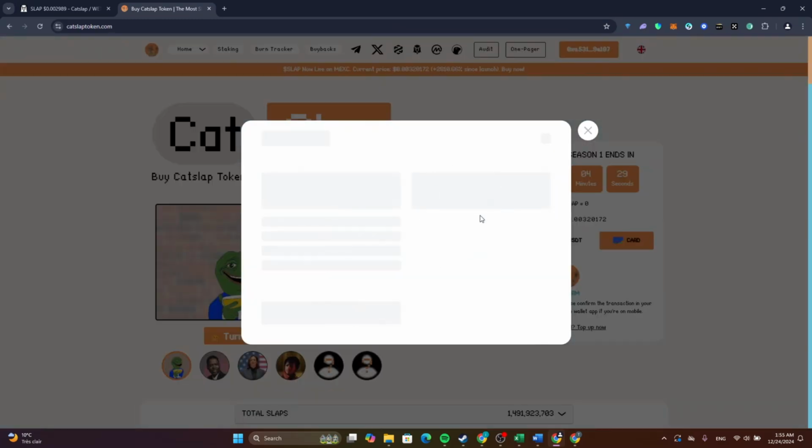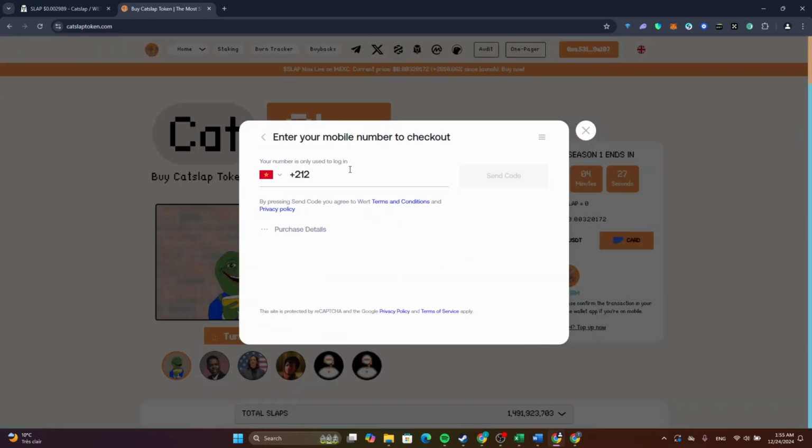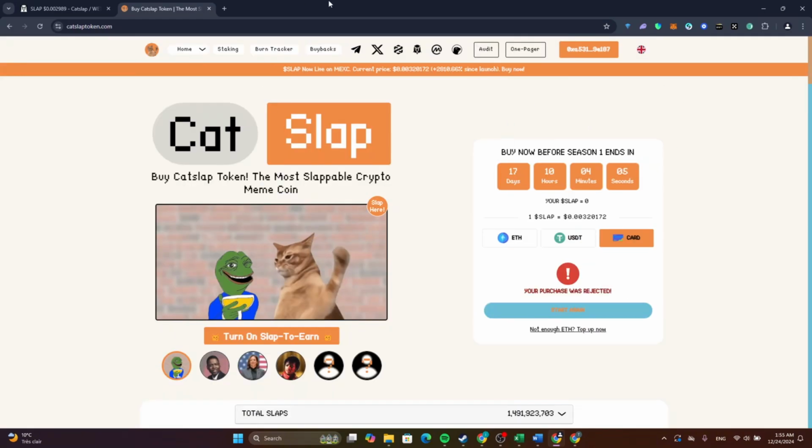After that, you can enter your mobile phone number to receive a code, to be able to fill in the purchase details. As you can see now here, they have the wallet address that you can transfer the money to, and the network fee is $12. So after you fill your wallet with USD, you can buy this token, and this is how to buy the slap